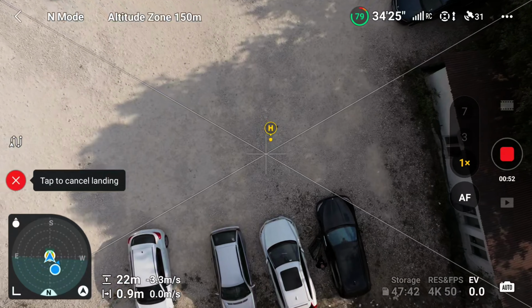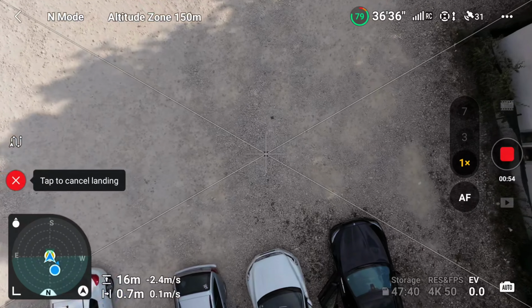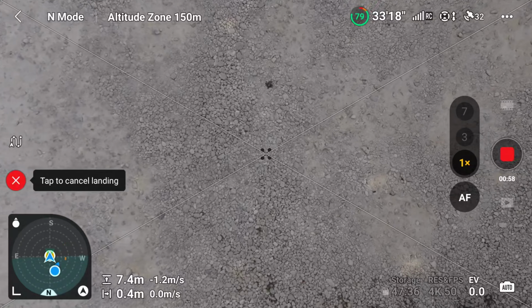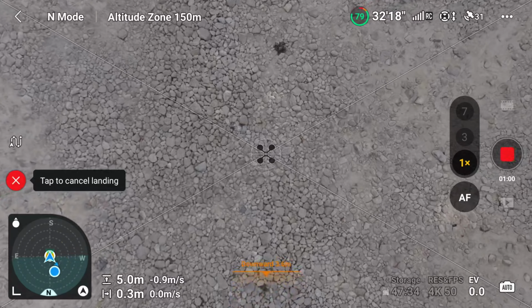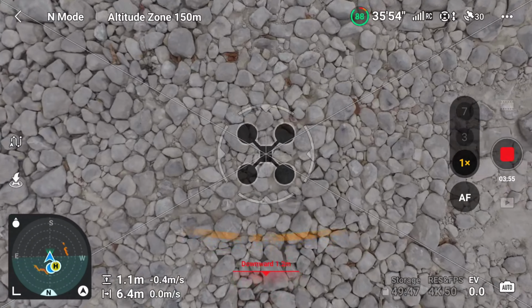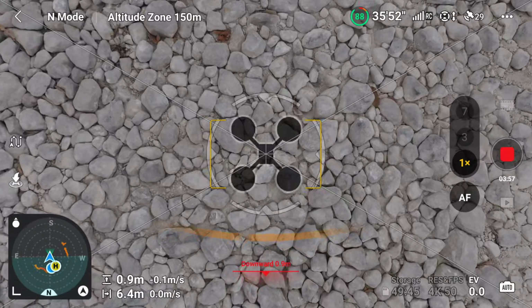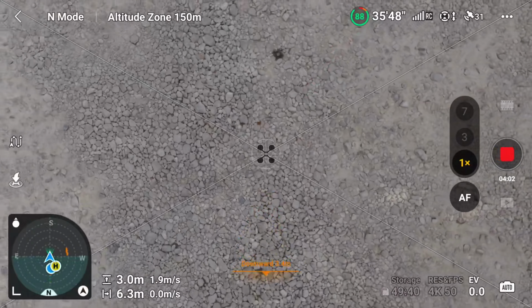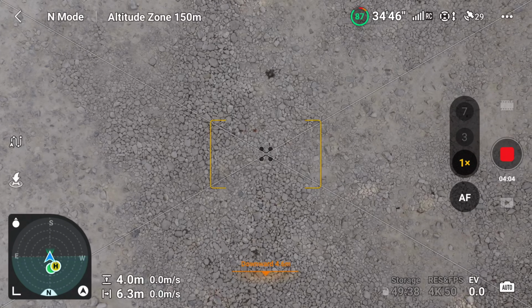showing you a visible shadow of the drone as you approach the landing position. The drone is showing its potential shadow. It's not a real shadow, but it is in AR, and it gets bigger and bigger the closer you are to the ground. So you can take advantage of this new feature just to be sure that where you're landing